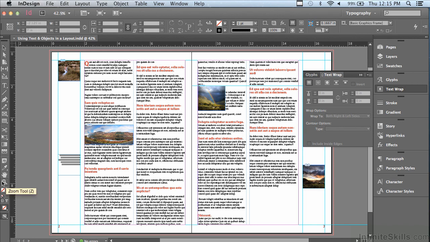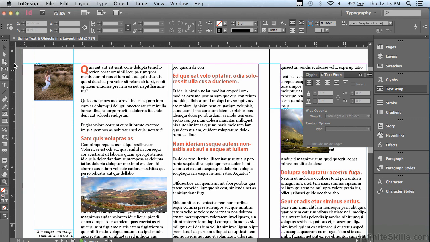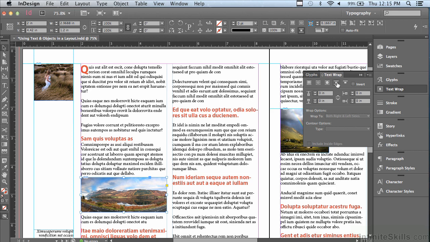But before we begin, go to your Zoom tool and click and drag from the left-hand side of the page across the top to the far right side of the first column on the second page and let go. I'm going to go to my selection tool and select my horizontal landscape in my first major column and open my text wrap panel if it's not already open and apply a jump object wrap,